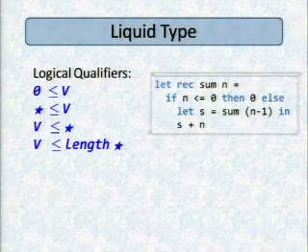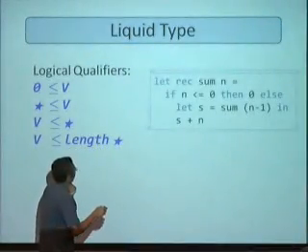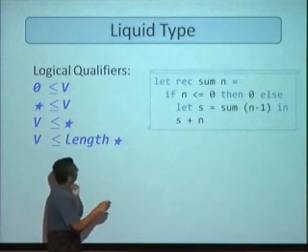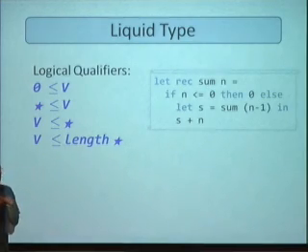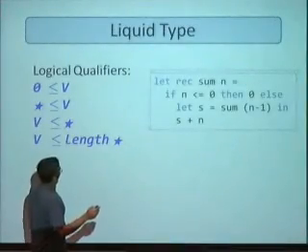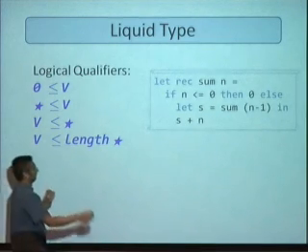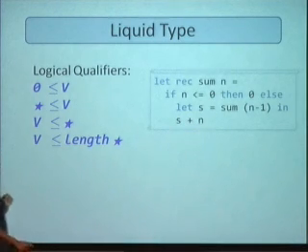So let's look at an example. This example I'll actually walk you through. Okay, it's a tiny program, and I'm going to use this as a running example. How are we doing on time? So this function is called sum. It takes a parameter n, and it simply returns the sum of the integers from 0 through n, I think. Okay, so if n is less than or equal to 0, then just return 0. Otherwise, let s equal sum of n minus 1, the sum of the numbers from 0 through n minus 1, and add n to that. Okay, so it just adds up the first n numbers.